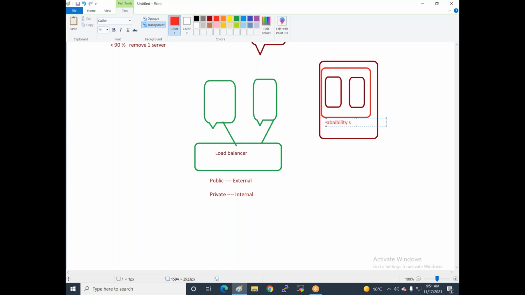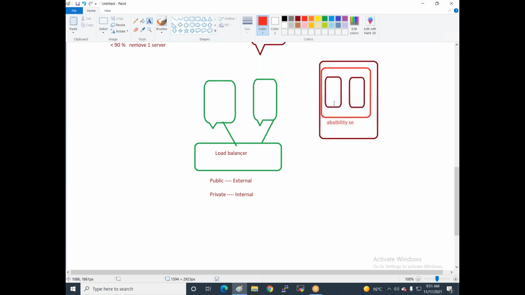Simply, when your servers are deployed within a region, the servers work in the same availability set.